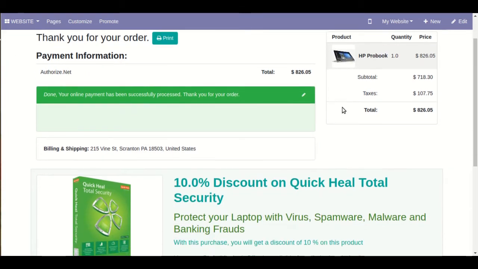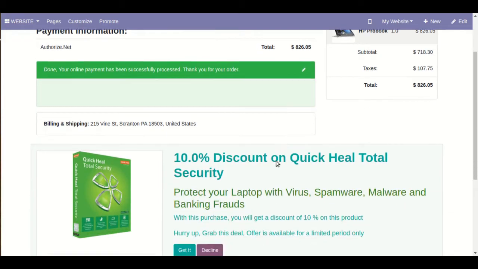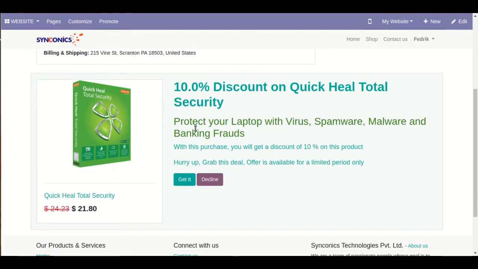Here, as you can see, with this particular sales order 42 that is already confirmed, this offer is displayed over here, like 10% discount on Quick Heal Total Security, and the related title and description will be displayed over here, with a discounted price.